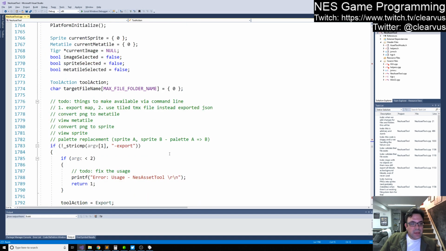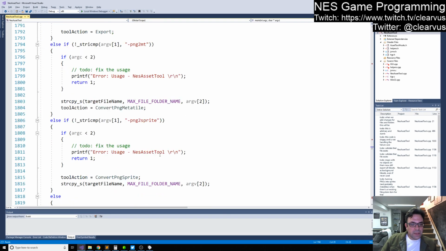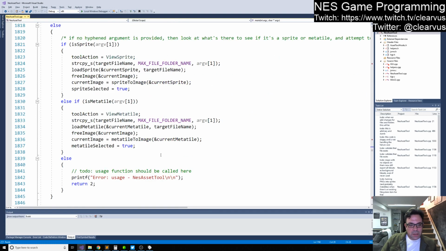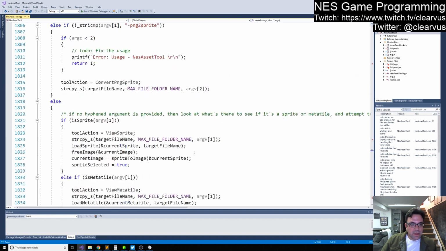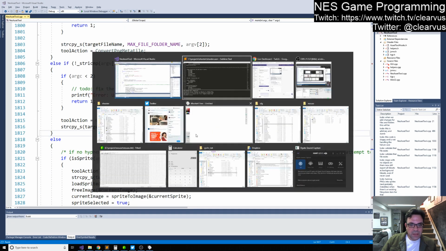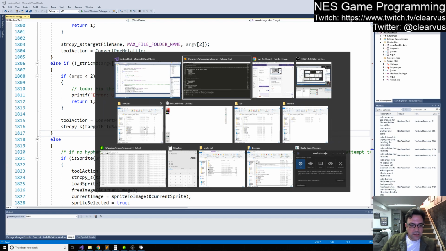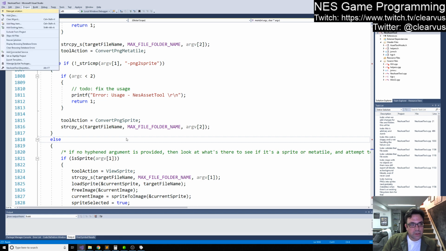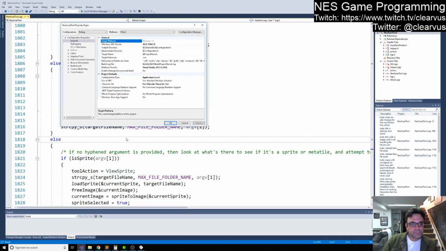And we had done that through a couple of things. We had built a color conversion process using a transform from RGB to YUV in order to make that color mapping from the standard arbitrary RGB to the NES's palette. We then use that to generate our metatile or sprite with the appropriate colors, and then